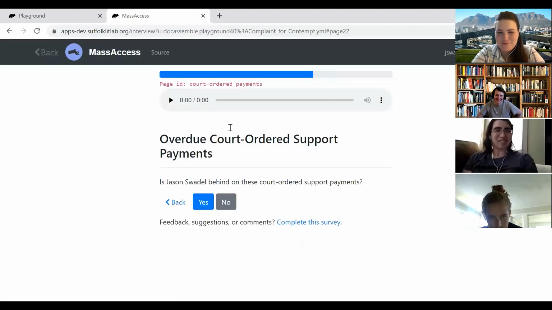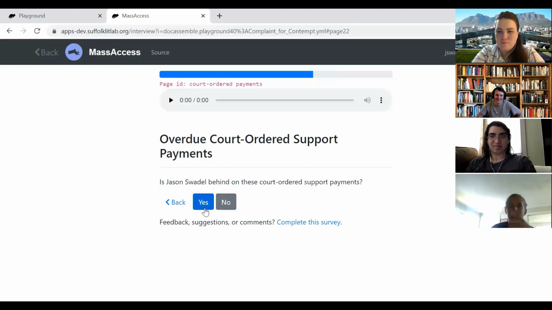Thanks. So I had a question for this one. Should this be just assumed if they're clicking alimony and child support, like the first question on the first alimony page? Can you show the form? I can't remember what the contempt form looks like. Because if they're in contempt, they haven't been paying it. Does the contempt form ask for the amount? You wouldn't be asking if it doesn't, right?